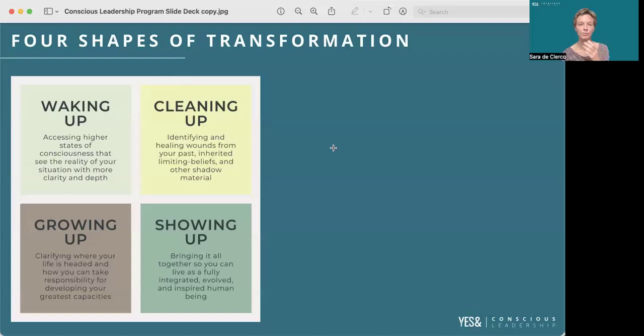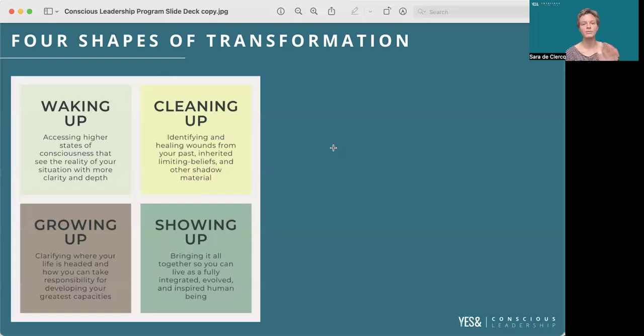So really clean up what's no longer serving us so that we can move ahead and show up more fully in life again. So now we're going back to showing up again. Cleaning up and growing up also very much go together, in the sense that the more we release and let go of old wounds, the more we're able to show up and grow up more fully. We actually become more mature as we let go of some immaturity of ourselves. So of course it works together.